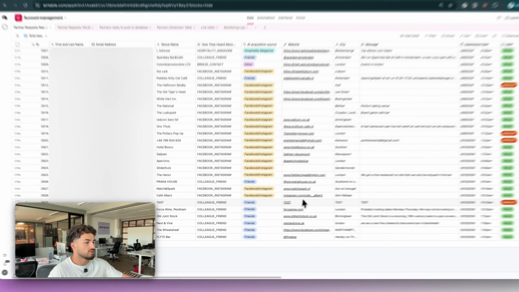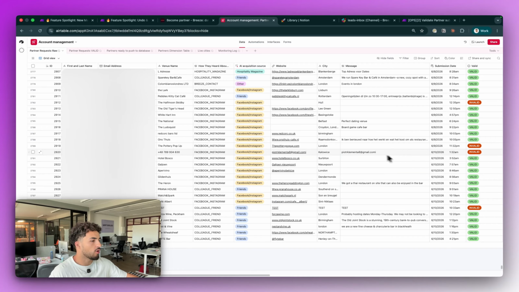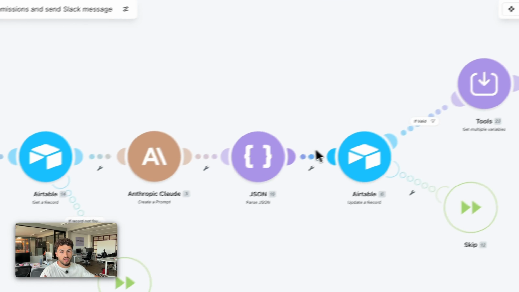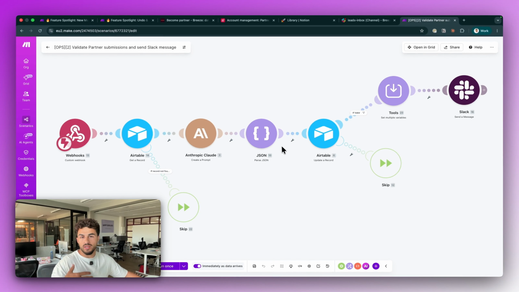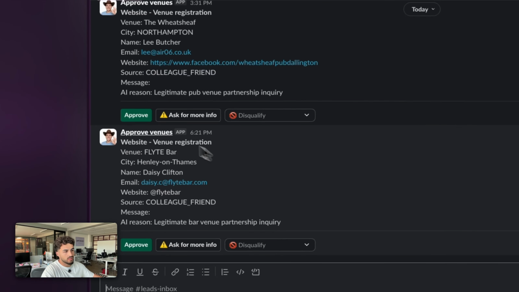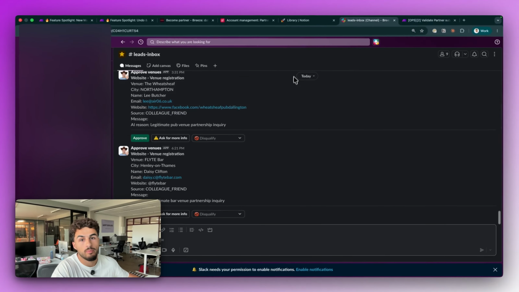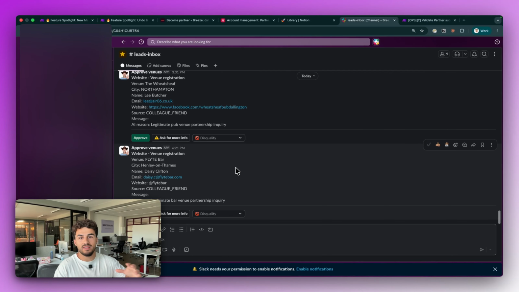For instance, you see here, if it's a test, it's going to be invalid, or if the request is a personal request, it's not valid for us. So I have this flow which basically using AI is going to filter those requests, and then for the ones that are valid, it's going to send a Slack message. This Slack message is using a thing called blocks, which means that it's formatting the data in a specific way